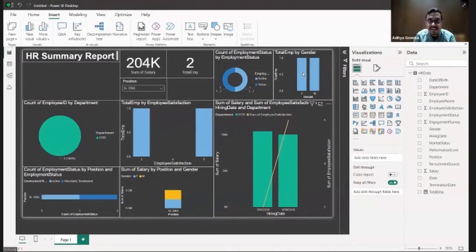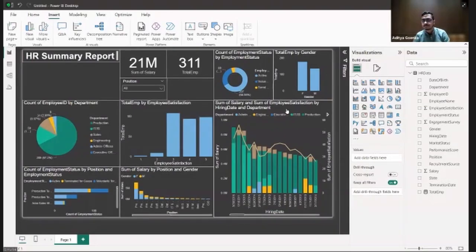So via the interactivity feature, things get highlighted or dehighlighted. But if you don't want that, and want the entire chart to be very clean and show things only for a senior DBA, you can see that the total number of senior DBAs is 2, the total sum of salary is 204K, out of which only one person is active, and the count of employee ID is 2. All of this data you can see over here for a senior DBA. So like this, you can have slicers and filters inside Power BI as well. Clear?